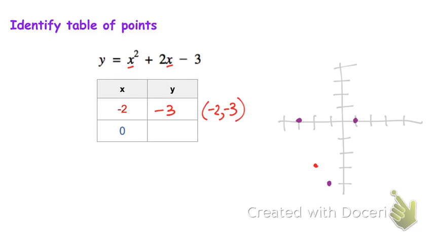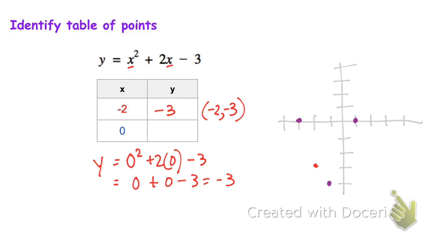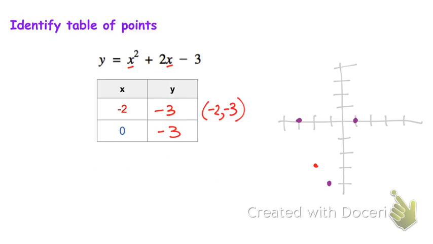And then we can do the same thing if x is 0. So if x is 0, we have 0 squared plus 2 times 0 minus 3. So that's 0 plus 0 minus 3, which is -3. So that gives us the point (0, -3). So again, we can substitute any number in for x and solve for y, and that gives us